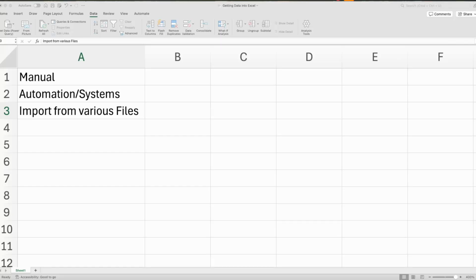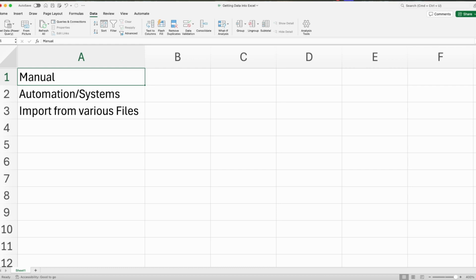We're going to learn about how to get data into Excel, and majorly there are three ways. One is manual, where you actually enter the data into Excel directly, and most of the time this manual exercise is very short. However, if you are doing it for a very long time, or you are entering a lot of numbers, that doesn't make sense in today's data driven era. We are not going to cover how to get data into Excel manually, because this is something that's very simple